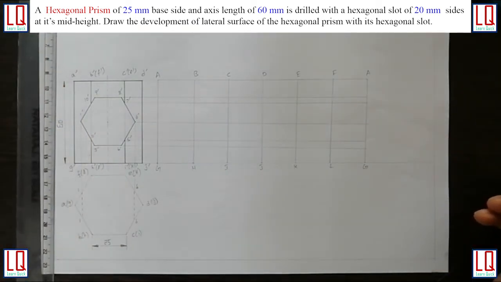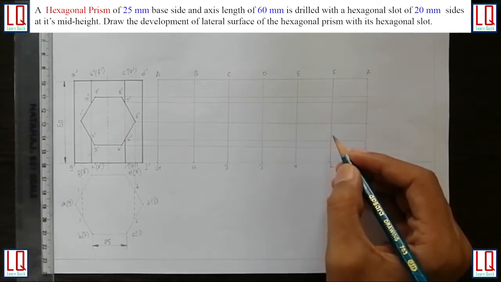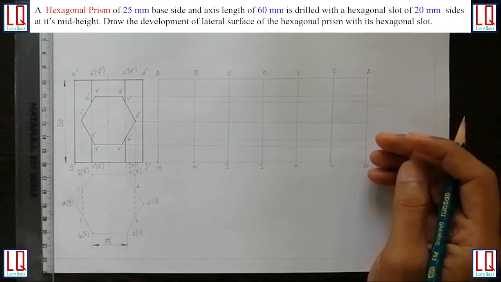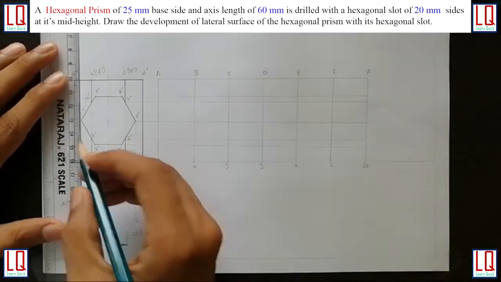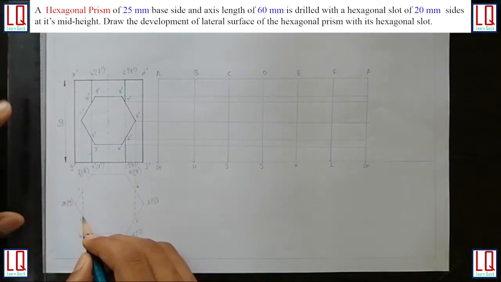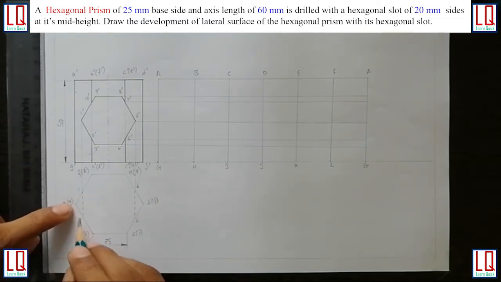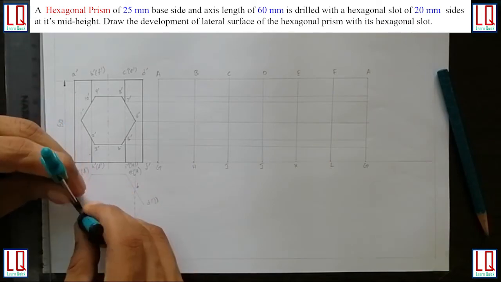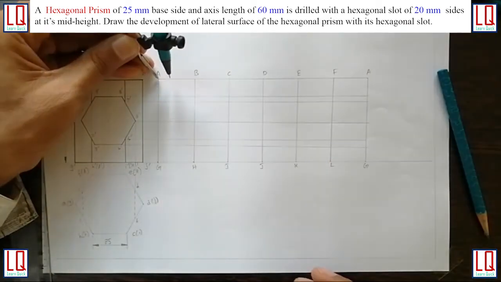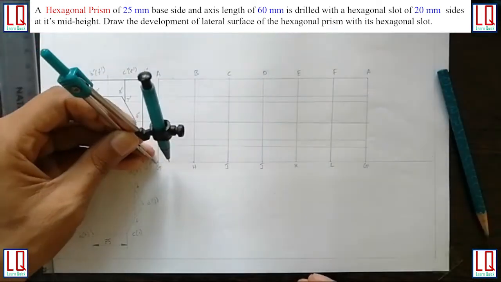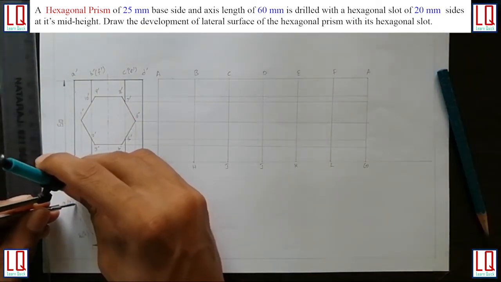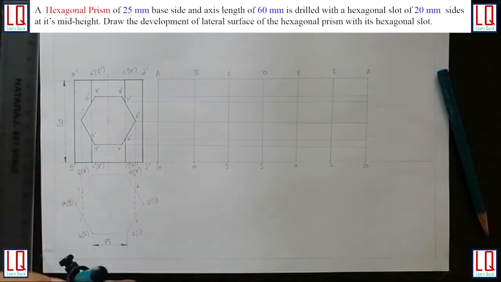Okay. So now before marking the cutting points in the development, we need to create some more arbitrary points. If you see, here we have brought 1 dash to this area. So now I have to measure A to 1. I measure A to 1, and I will mark it here. So I need an arbitrary point here. Similarly I measure B to